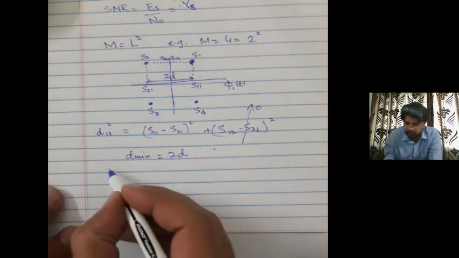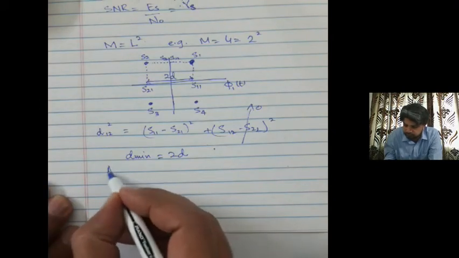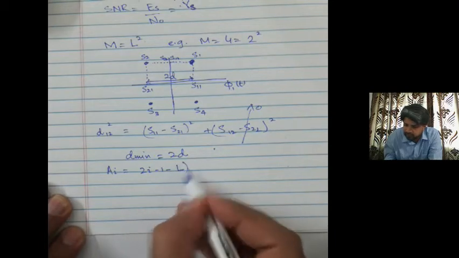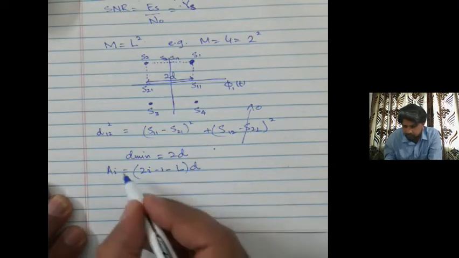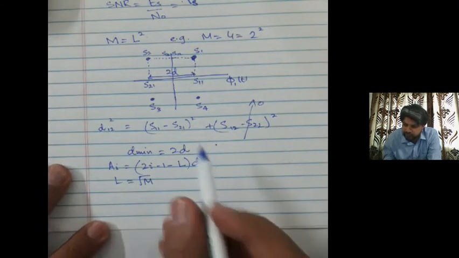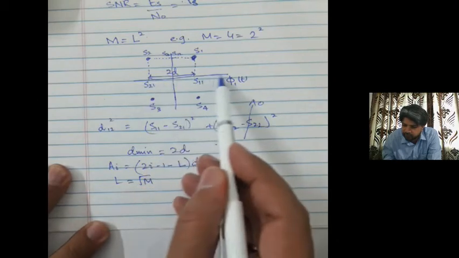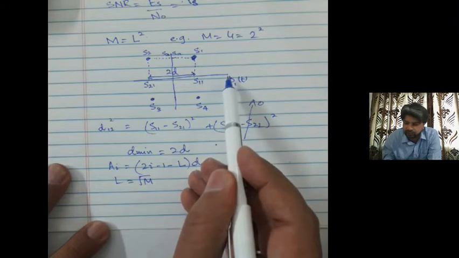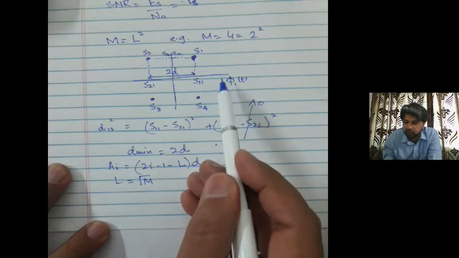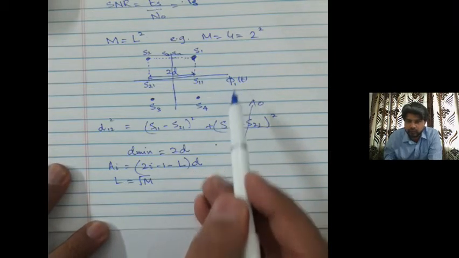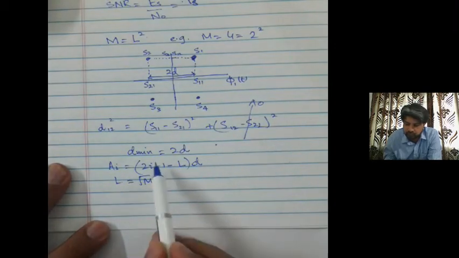If I call a_i to be equal to (2i minus 1 minus L) times d, where you know that L is nothing but root of M. So on this axis, if you have a square constellation of M points, and if you project on phi1 of t, you would have capital L number of projections onto the basis function phi1, where the minimum distance between those 2 points